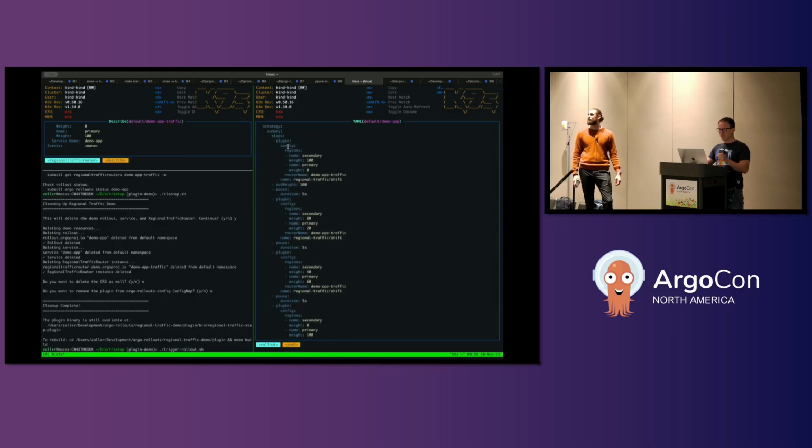So the very first plugin step will essentially shift 100% of the traffic over to the secondary region so that we can continue doing the rollout in the primary region. And then once the rollout in the primary region is done, we will start slowly shifting traffic back over to the primary. This is all contrived. This is a fake CRD. So up in the top left over here, I have basically a CRD that represents where traffic is flowing. And we can see that 100% of the traffic is going towards the primary region. So as I trigger a rollout,